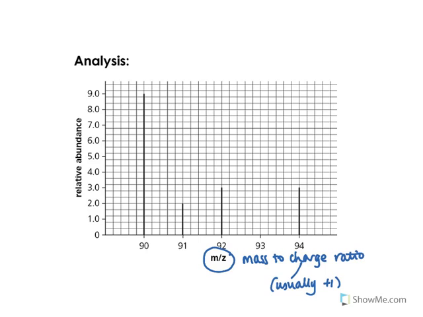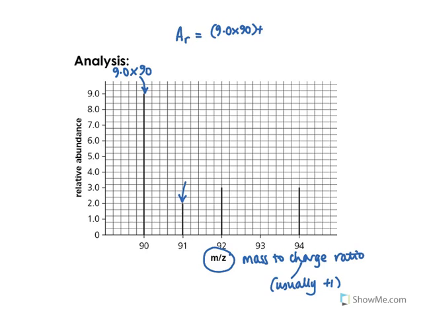So we can use this to provide the data for the isotope calculations that you've been doing recently, where we can calculate the relative atomic mass, Ar, of a particular sample by using the information from the mass spectrum. So if we have a look at this data then here, the relative abundance is 9.0, and that mass number of that particular ion, assuming a +1 charge on that, is 90. So that would be 9.0 times by 90 for that one,